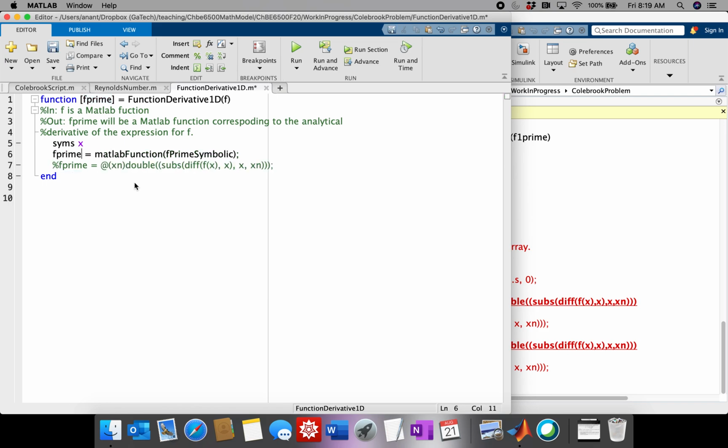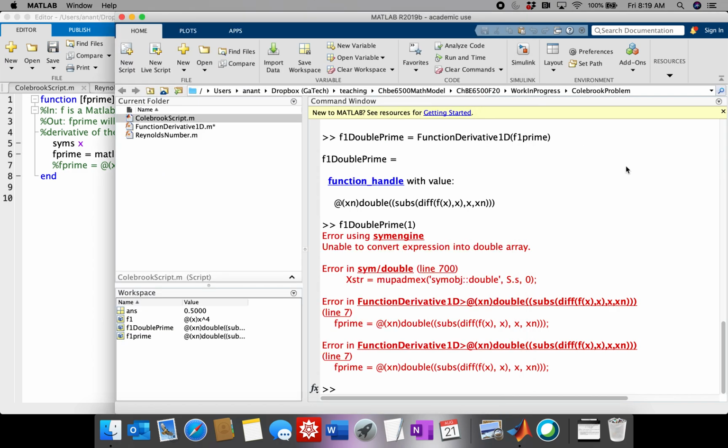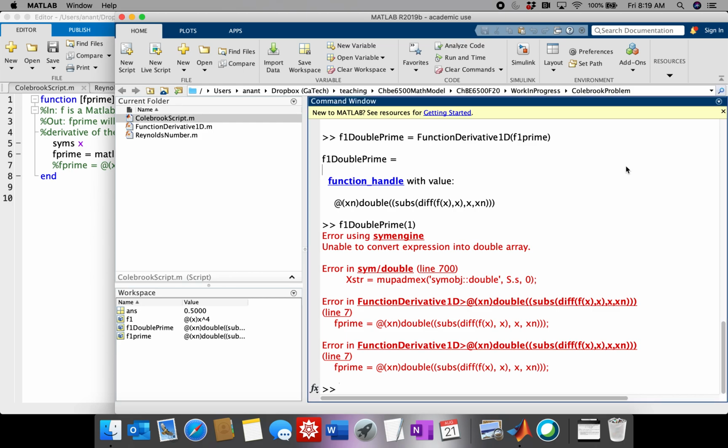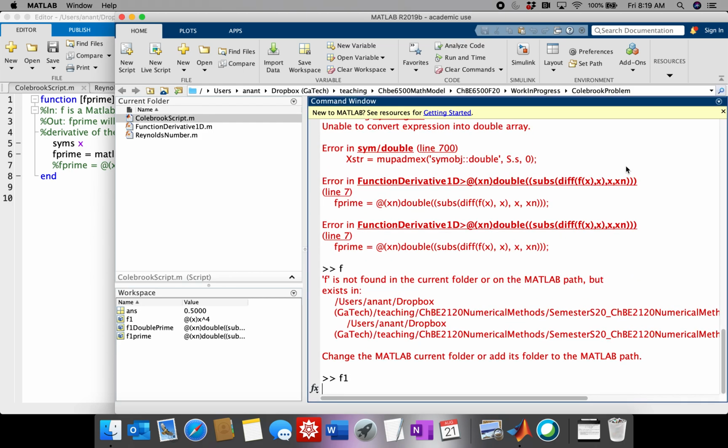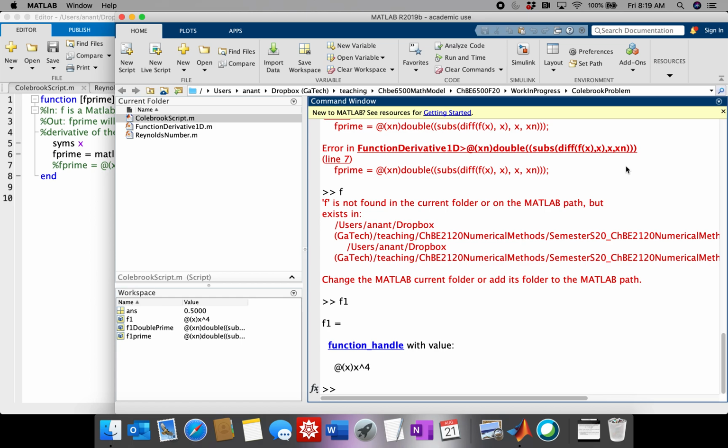So let's come back to this, and I'm going to just input f prime as the derivative of f of x with respect to x. So now I'm avoiding the double and subs notation. So let's now see. I have to remember, did I call it f1? Okay. So now if I say function f1 prime